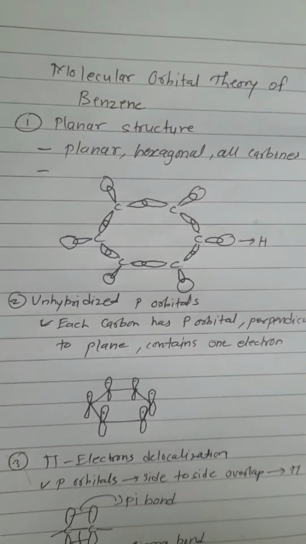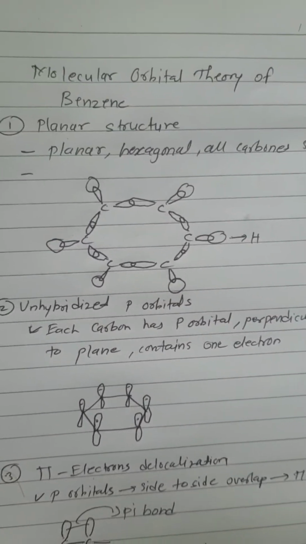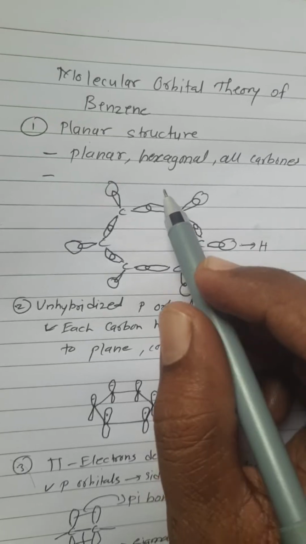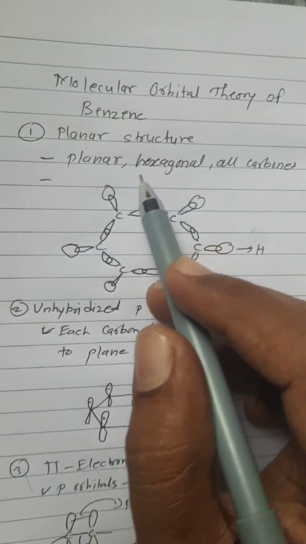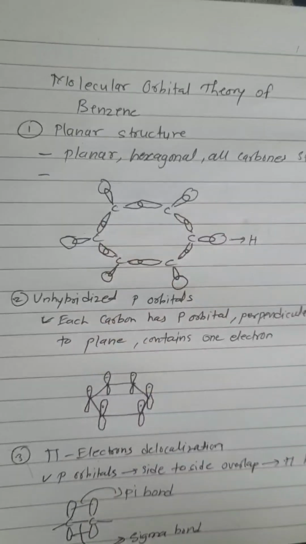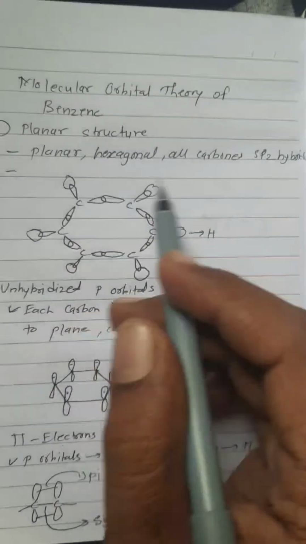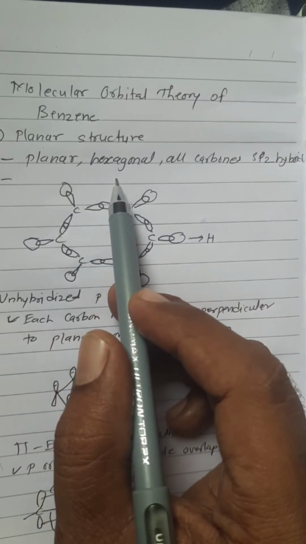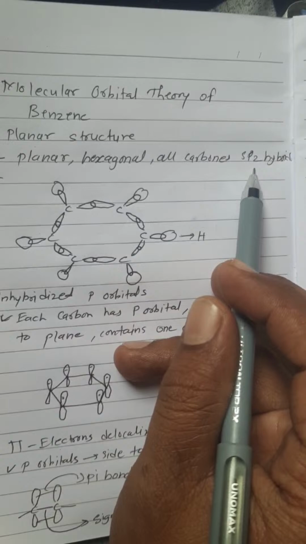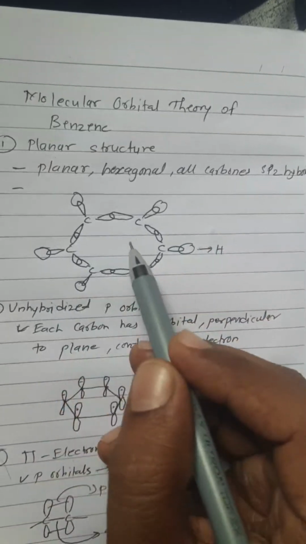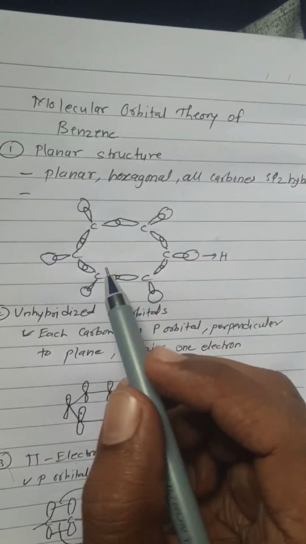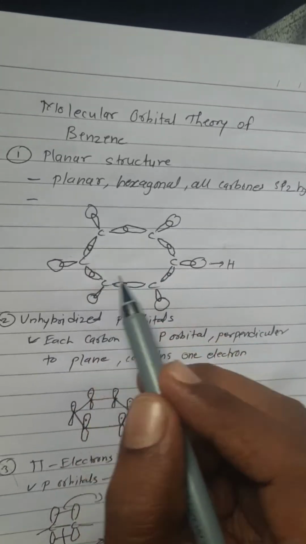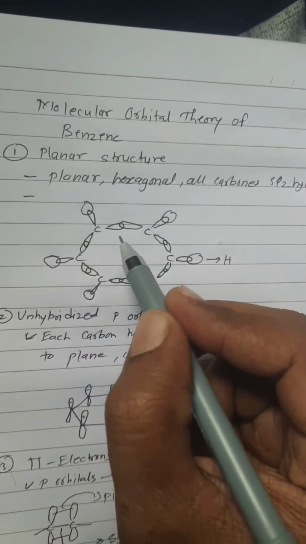The structure of benzene is studied in this concept. The structure of benzene is considered a planar structure, which means it's a flat structure. Planar structure means it is hexagonal in shape and all carbons are sp2 hybridized. This diagram shows the carbons of benzene, 6 carbons in total, and these are